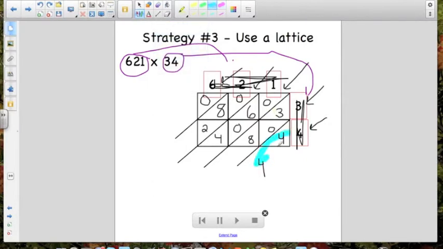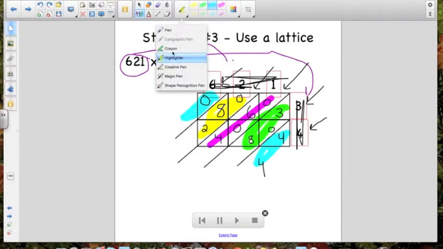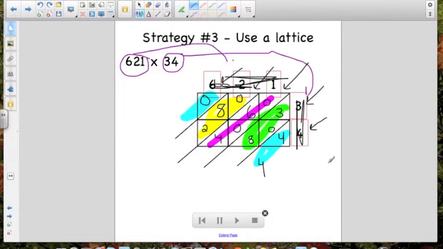So these numbers are going to be added. These numbers are going to be added. Let's use a different color. These numbers are going to be added. These, etc., etc. If you had more digits than this, those would be added up. And you have to start down at the bottom, so that you can carry appropriately,